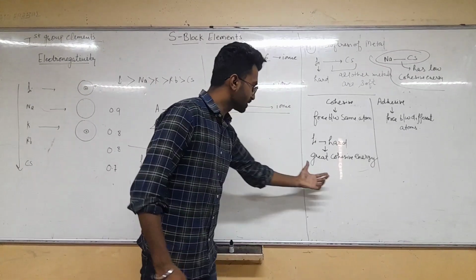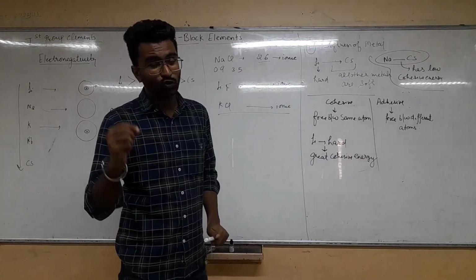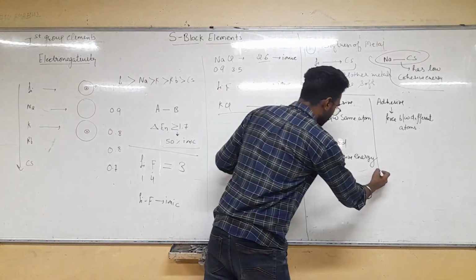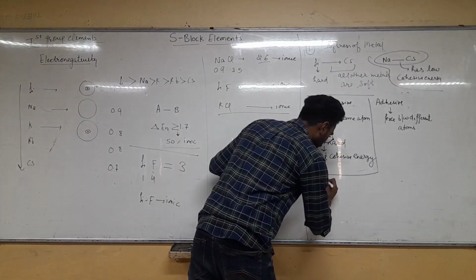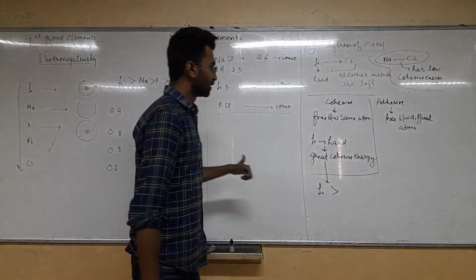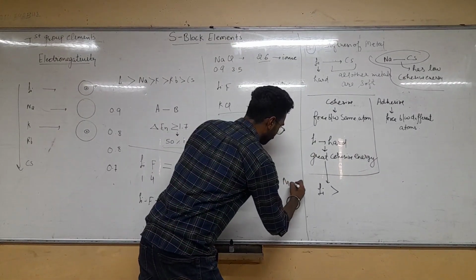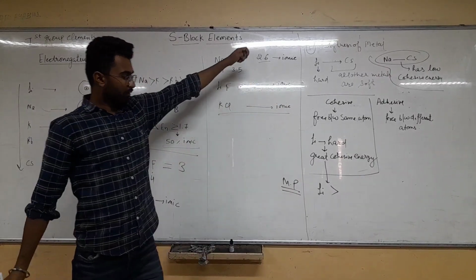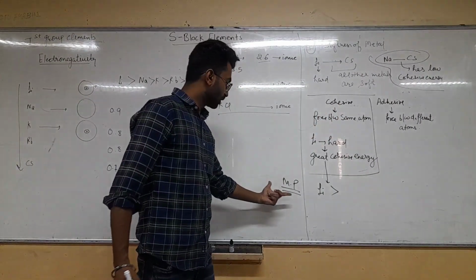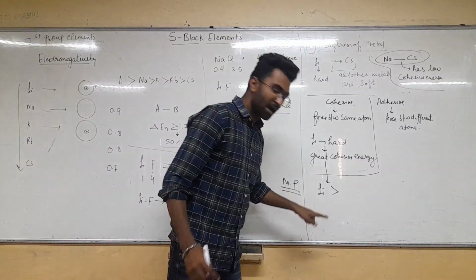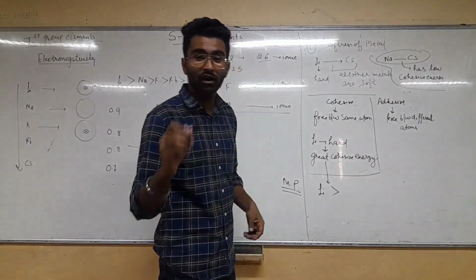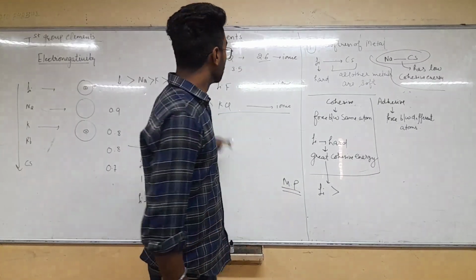Lithium has great cohesive energy, so lithium should have a high value of melting point. See, we have concluded another property from the cohesive nature. Lithium has a great value of cohesive energy, so lithium will have a higher melting point than the other metals of the first group elements.